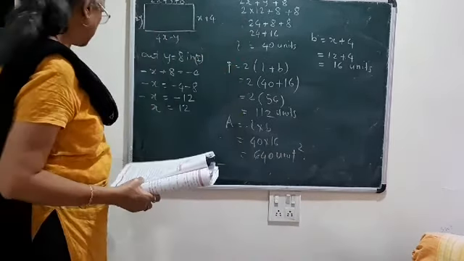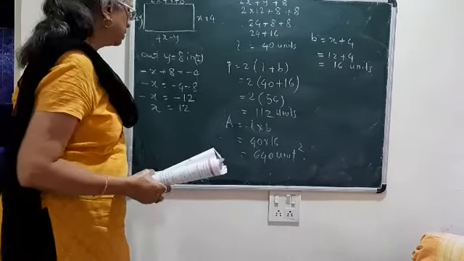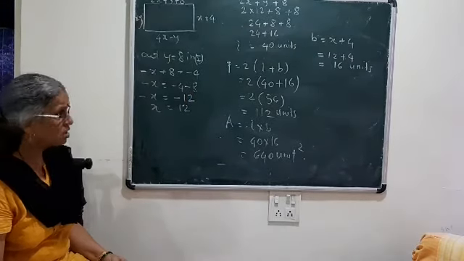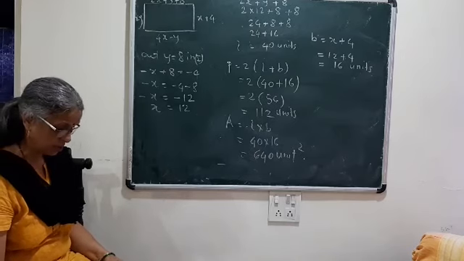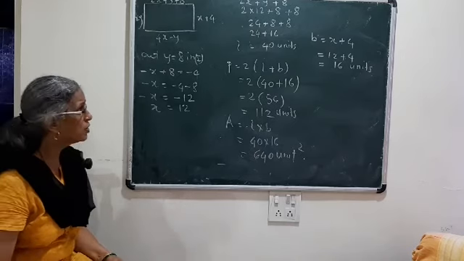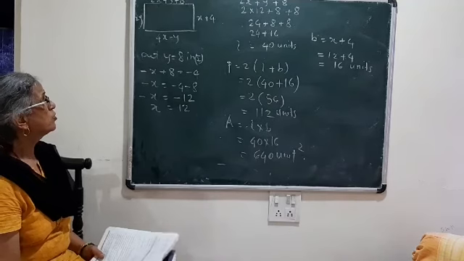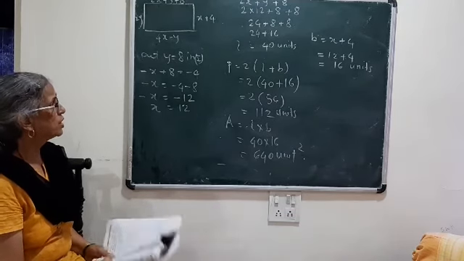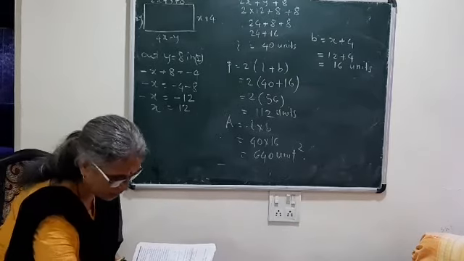Got? So that is how we are going to solve this sum, which is given in the form of a figure, not in the form of a statement. Followed? So here which property have we used? Opposite sides of a rectangle are congruent or equal. So we can have length and breadth like this.